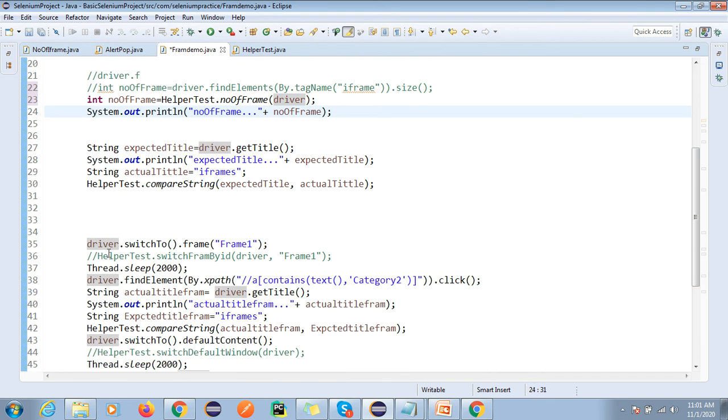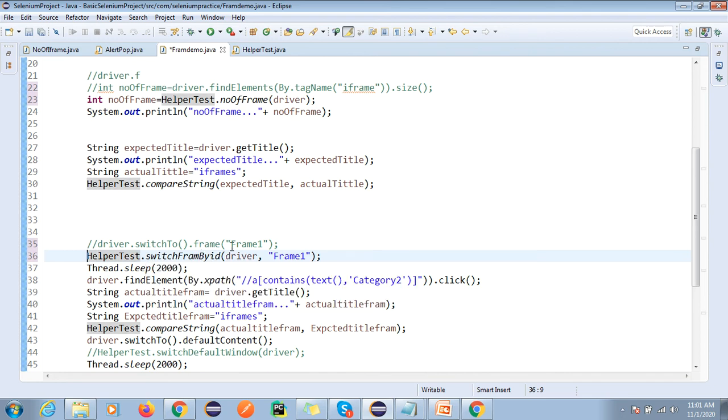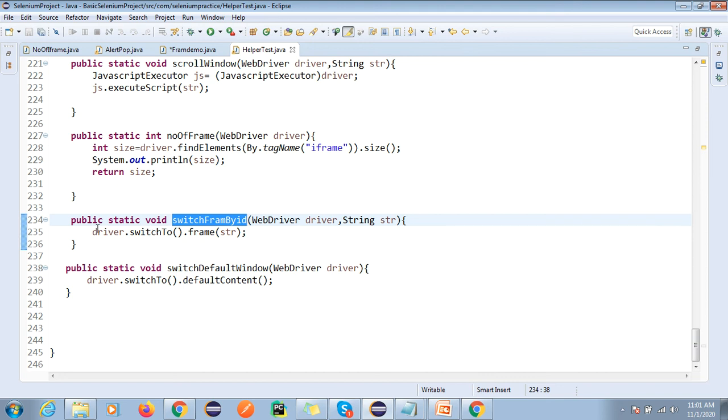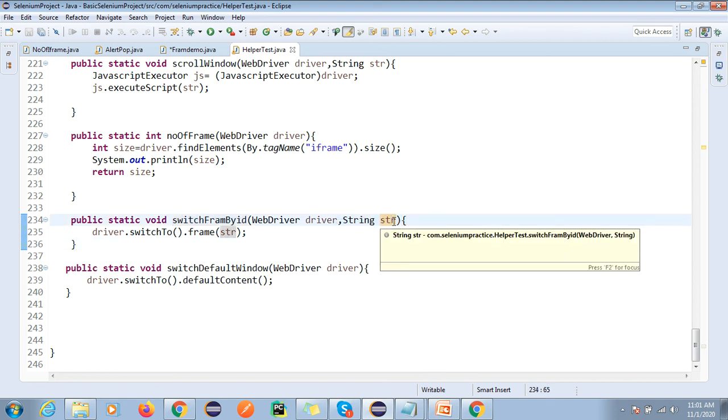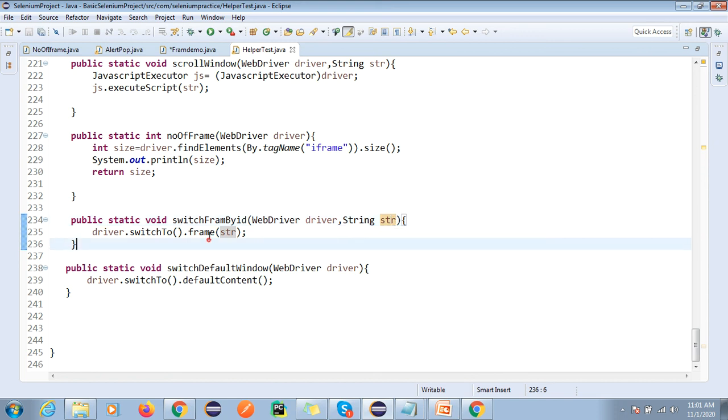Now we can also create a method for how to switch. I have created only one method, guys, so this is your assignment. You can create one for an index or a web element. The id is only a string value, as we have already shown you. So driver dot switch to dot frame, here we are passing this. You can create one more method for index and one more method for web element type. This is your assignment, you can create it yourself.